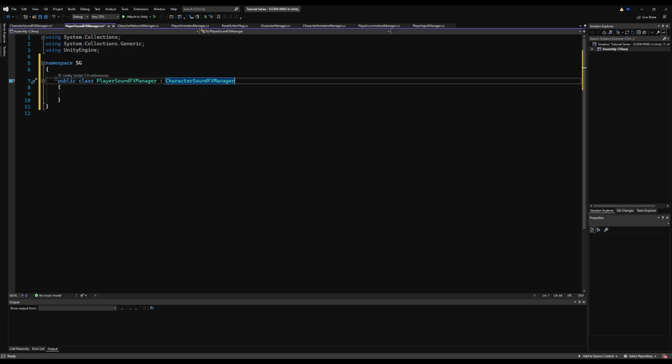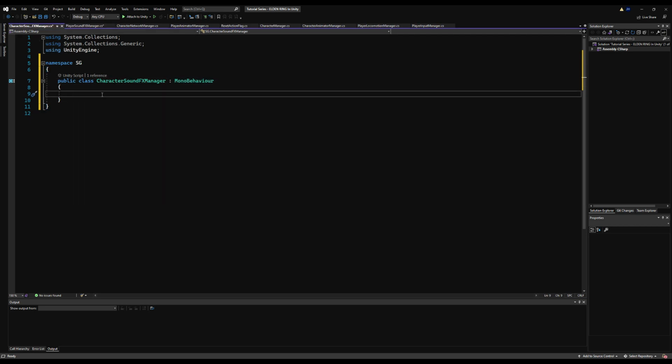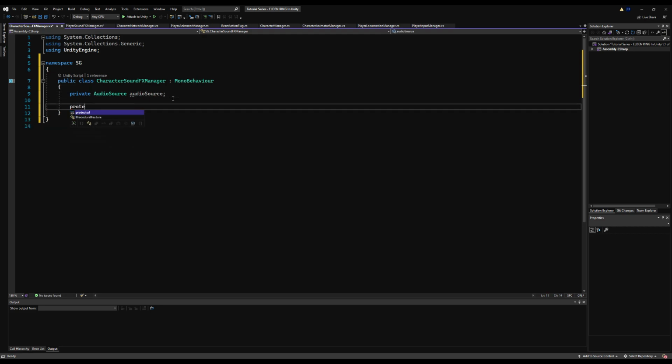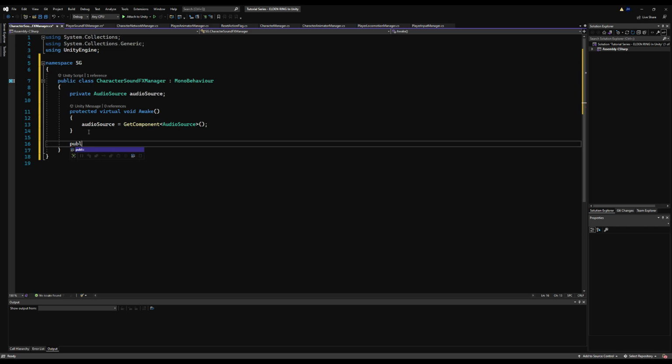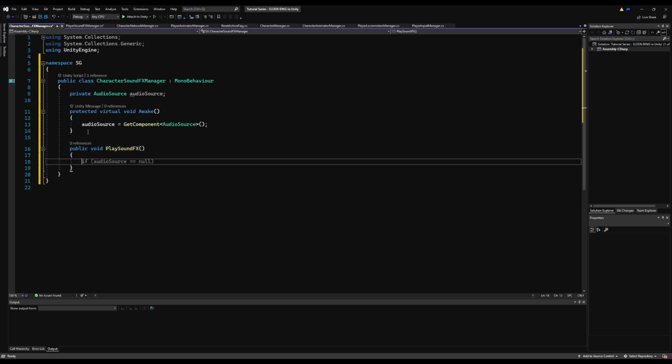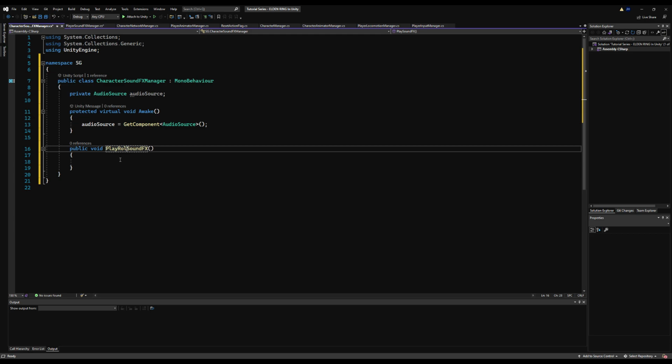Now, there are a lot of sounds in the game you're going to use for a lot of your characters. What you could do, and while I'm explaining this too, make sure you declare an audio source variable on the character sound effects manager and call it on awake, make it private because we don't need to access it from anywhere. So you could just make a variable for a rolling sound effect on every single player and character that you ever make in the game. But that's a lot of work, so we're going to do it a different way. So let's make a public void, and we're going to call this play sound effects, but specifically we're going to make it play a rolling sound effect because we want to target one specific sound effect.